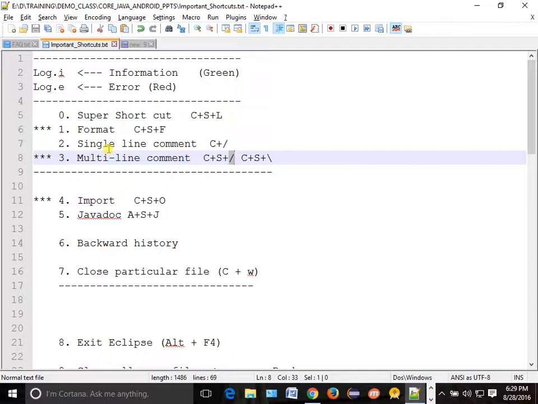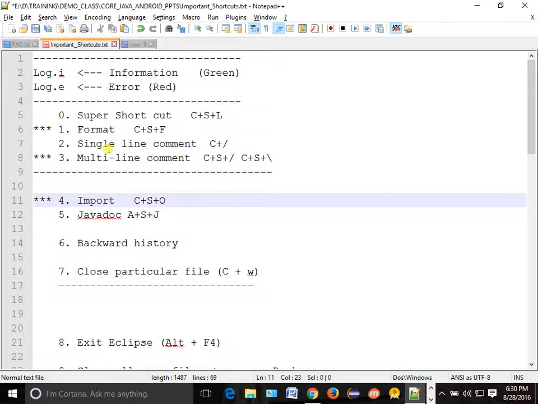Otherwise, if you go home and start doing all those, Control Shift Forward Slash, Control Shift Backward Slash, okay? To be honest, I have done that. So from my experience, I am telling you, you cannot mug up all those things, because we have almost thousands of shortcuts. So the more you practice, all those things will come in your fingers only, okay? So automatically it will come out. Okay, yeah. Now let's go to the fourth one.